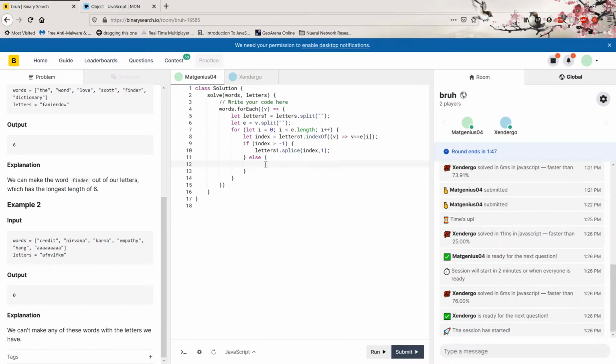Let's just have a let word exists equals true, and then else if it doesn't exist then word exists equals false, and then